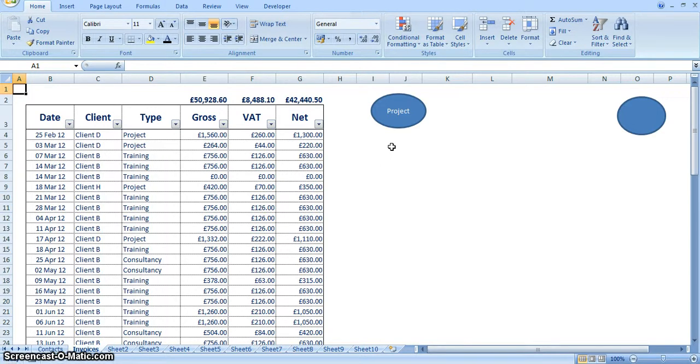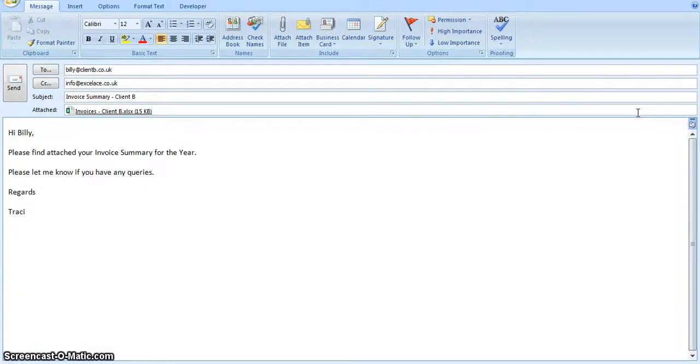But just to give you an example of how fantastic macros can be, I've created this one. What this one will do when we press it is it filters that report by individual client, copies the client invoice list into an individual file, saves that file, giving it a name of invoices and the relevant client name. It then attaches that file to an email, puts in the to box the relevant email address for that client, and writes the body of the email for us, including the first name of that client. So really powerful